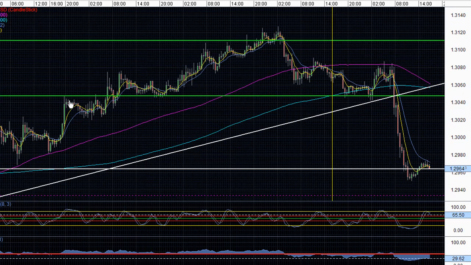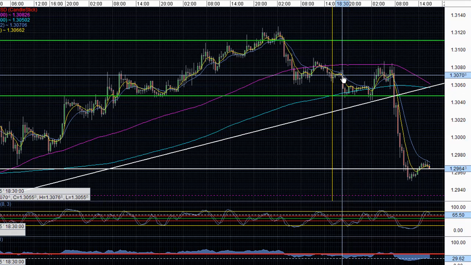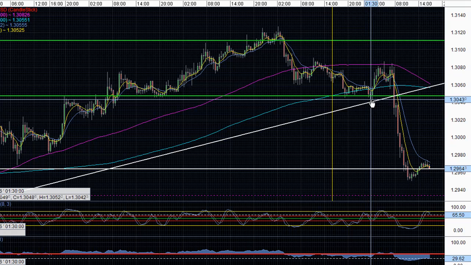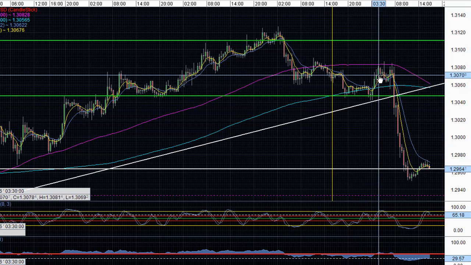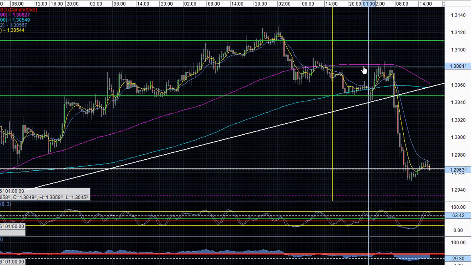So then let me go to the 30-minute chart. So then if I was looking for an opportunity to trade, then what I would have done, I would have waited for a retrace off of this level for price to retrace and find some resistance, and it did at this 100 simple moving average line.